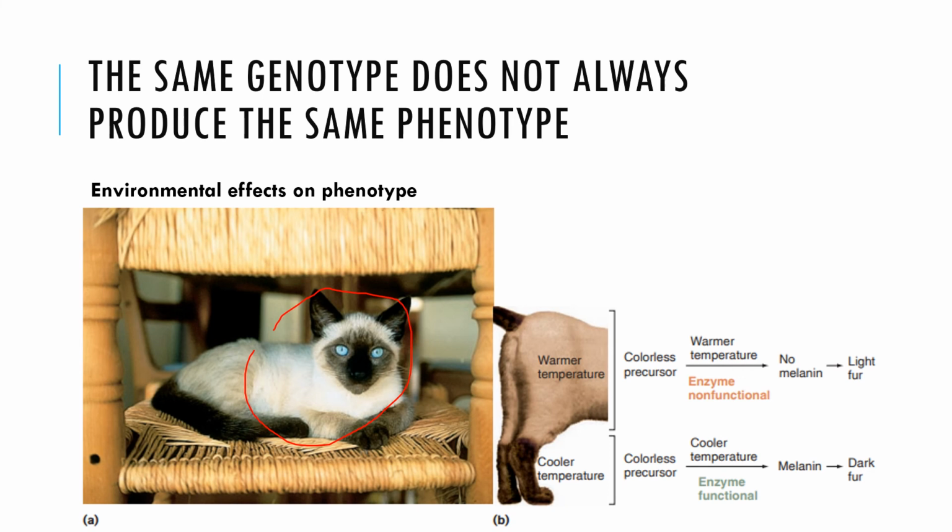The form of the enzyme generated by the variant Siamese allele does not function at the cat's normal body temperature. It becomes active only at the lower temperatures found in the cat's extremities, where it promotes the production of melanin, which darkens the animal's ears,